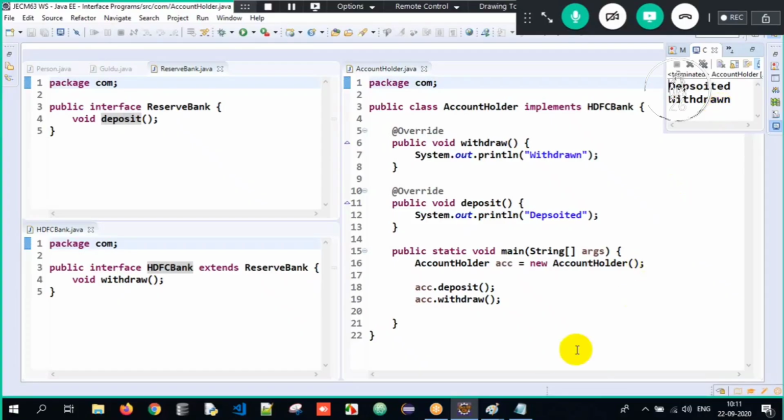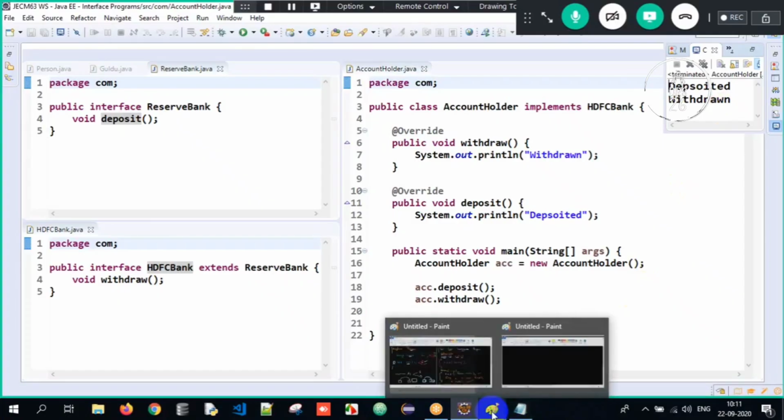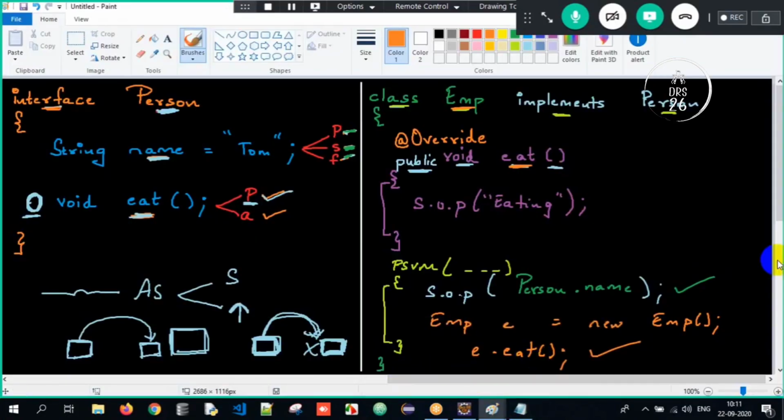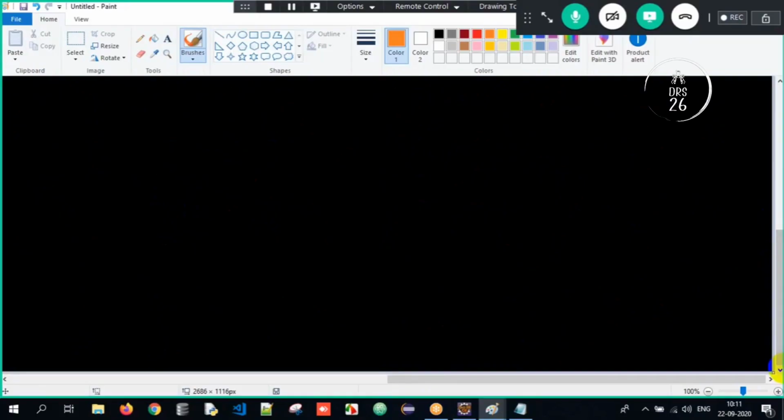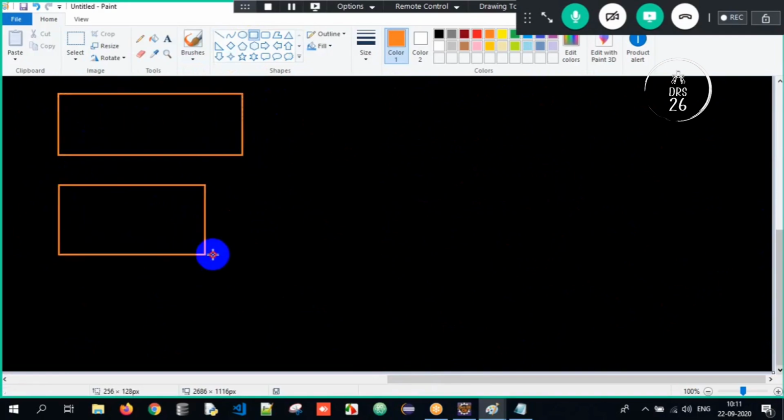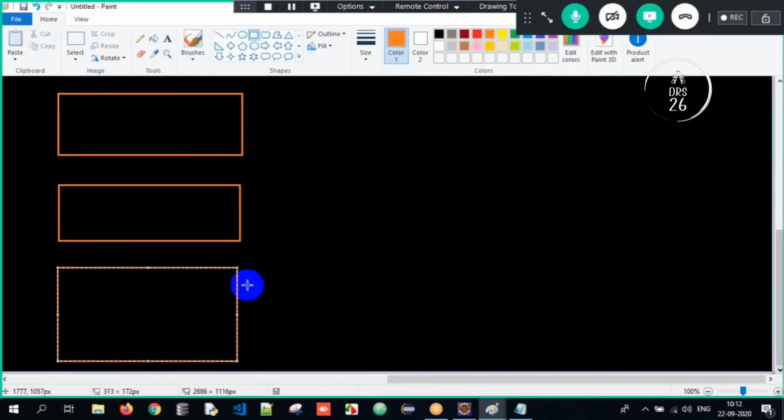So can we see the UML notation, the pictorial representation of this entire program? Absolutely, sir, we can see it. So how, sir? I will tell you. First of all, we had an interface, correct? So we had one interface, we had a second interface, and then we had a class. So these are the three functionalities. How many interfaces? Three interfaces over here.